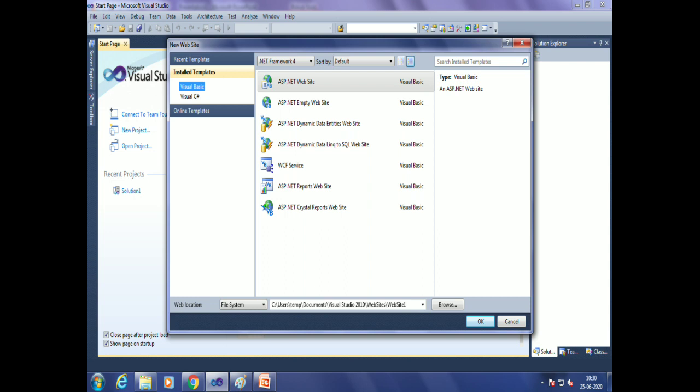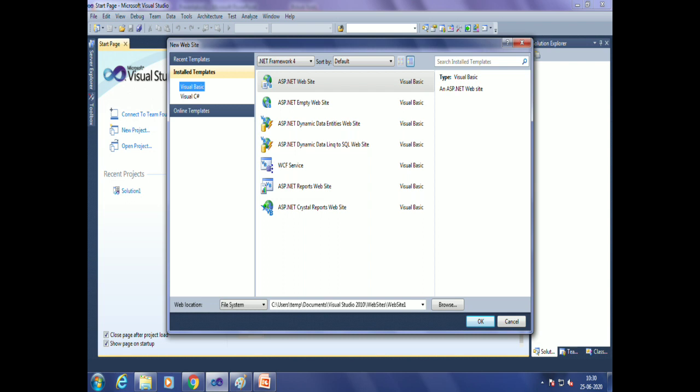Step number 1, look at left hand side. We have a panel, recent template. Within recent template, we have to select programming language, Visual Basic. Step number 2, center part, we have to select ASP.NET website.